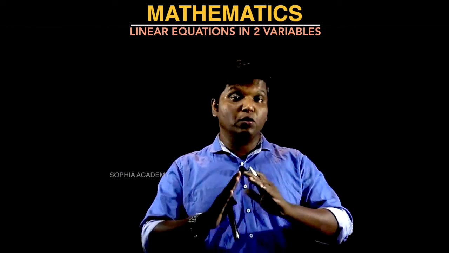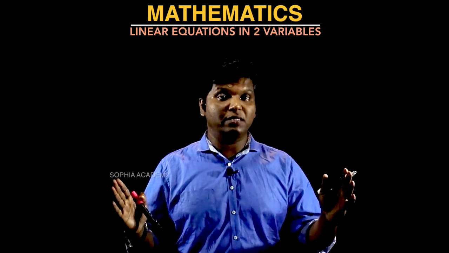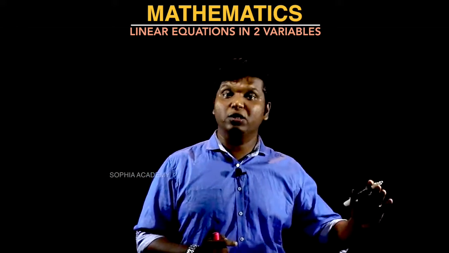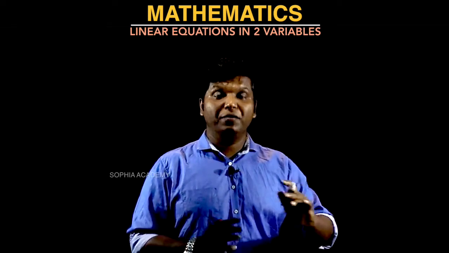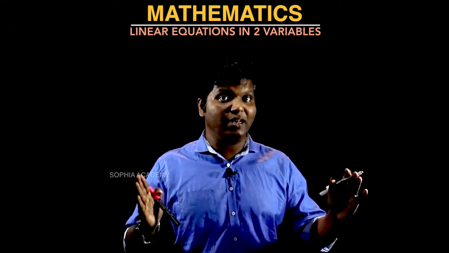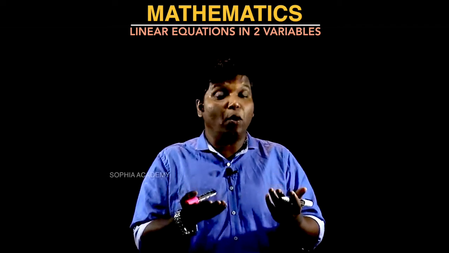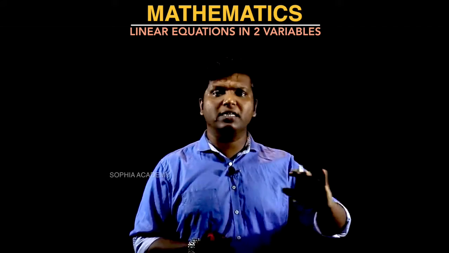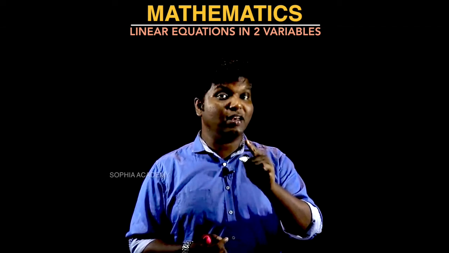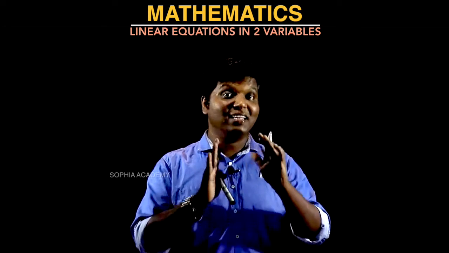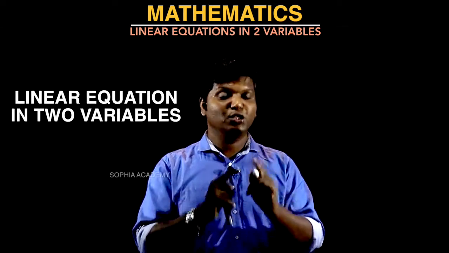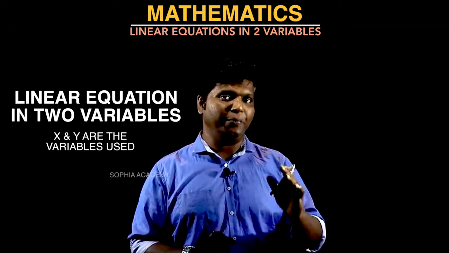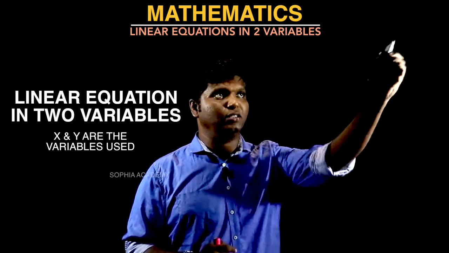First of all, let me introduce what the linear equation in two variables is and what the general form is. A linear equation in two variables means something which is going to be a straight line itself, right? That means if you plot a graph using the given equation, definitely you are going to get a straight line. So if you are getting a straight line, that's what is called a linear equation in two variables. Here the variables being used are x and y, and the general form of a linear equation is